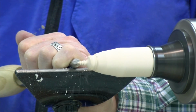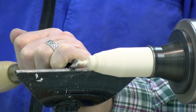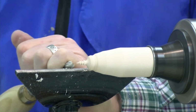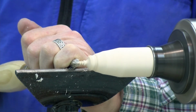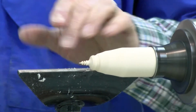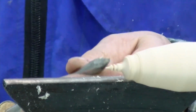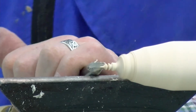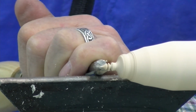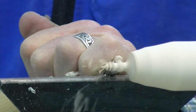And go ahead and put that showing up. Now the important thing about making a finial is you get to the point where you move further and further towards the headstock, and when you thin it down for the finial, you can't go back and do a lot of heavy work. So once you get it where you like it,